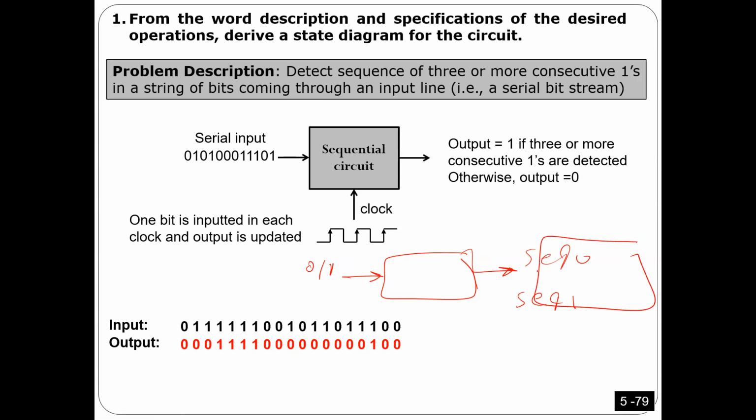Then you have another circuit here. We call it a detector. So this circuit should receive a sequence, and based on this sequence, the detector has to tell you what this sequence is. Have you detected sequence 1 or sequence 2? Got what I'm saying? So this will be the second part of the